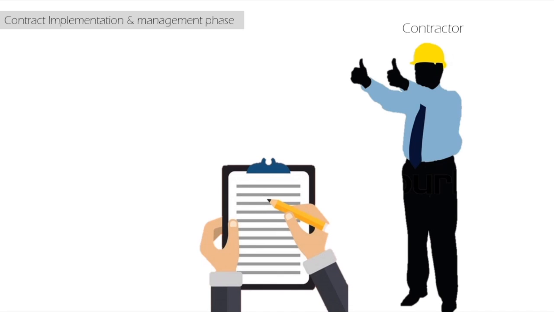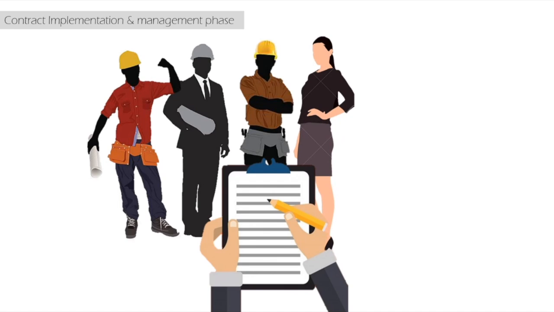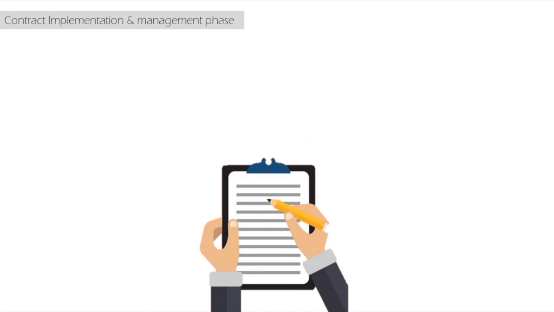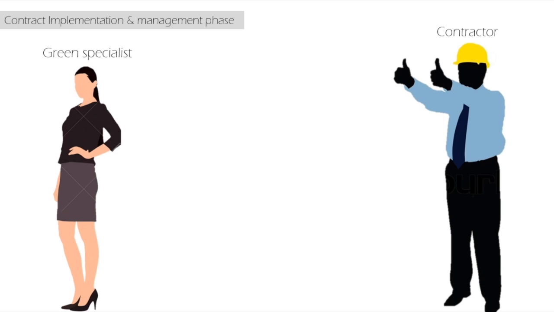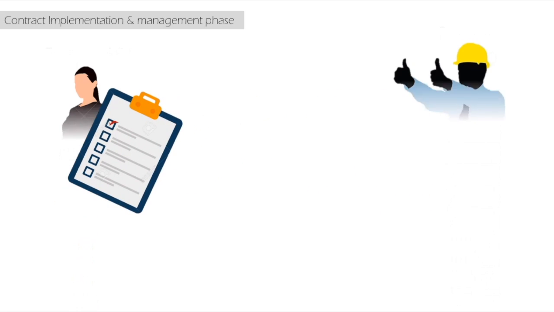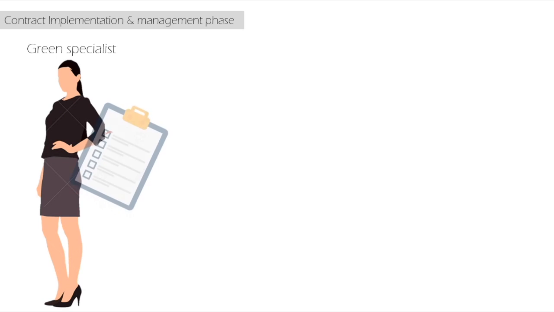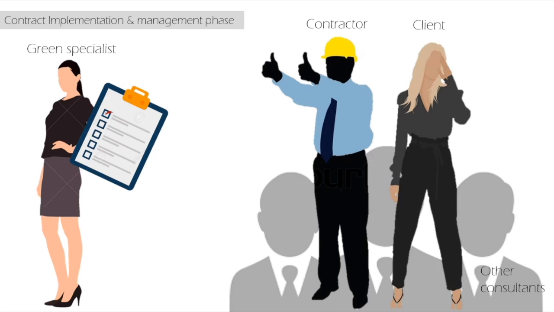The contractor will prepare a list of materials to be used and submit it to the consultants, especially green specialists, and it is then forwarded to the client. The green specialist will review and approve the submittal that is prepared by the contractor to ensure the usage of green building materials. After the approval of material, the green specialist distributes the approved list to the contractor, owners, and other